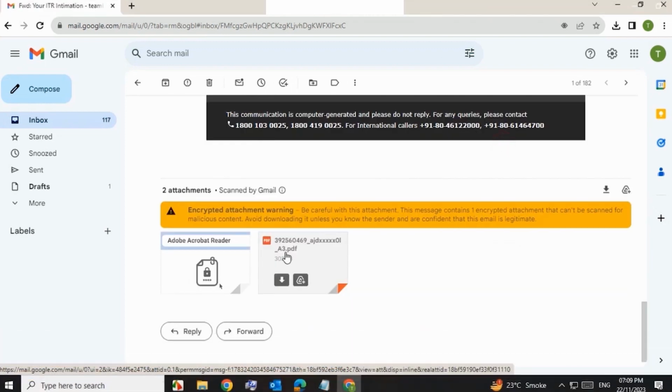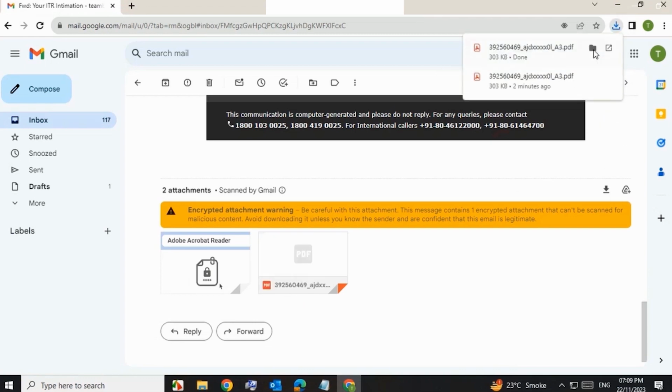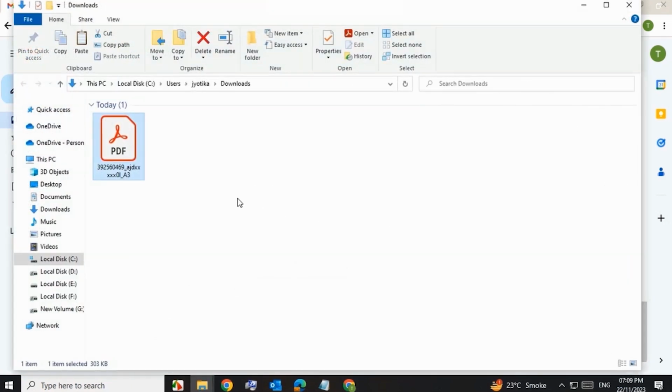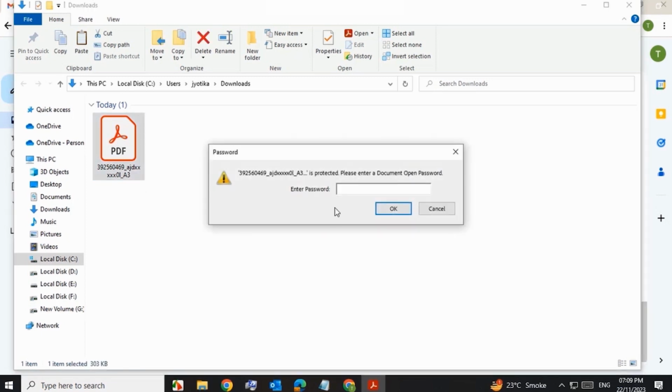After that you will have the notice attached with the email ID. You need to click on download, and then your notice will be downloaded in PDF format. Then you need to open the file, but while opening your PDF file you need to enter a password, and the password of your PDF would be your PAN number along with your date of birth. So you need to enter the PAN number, and after that you need to enter the date of birth in the